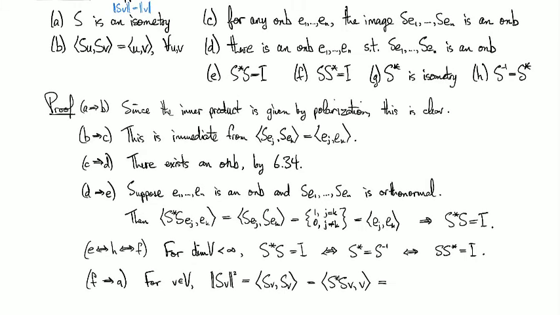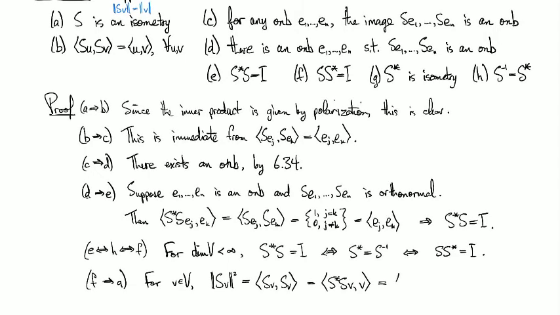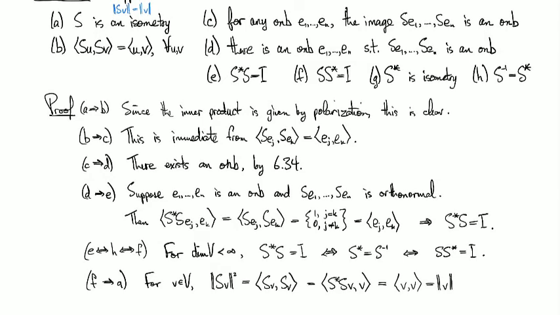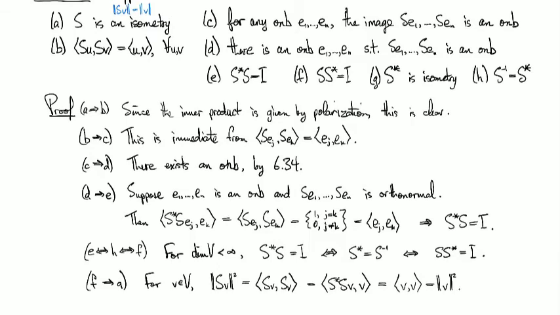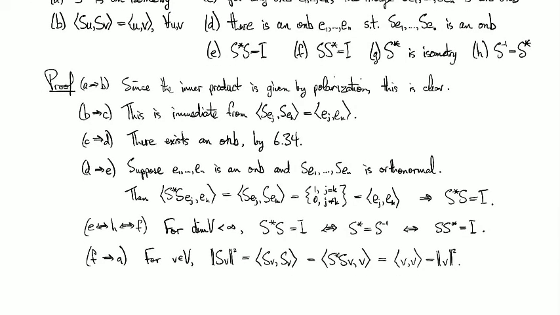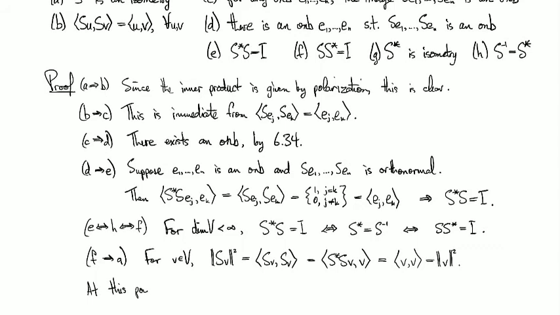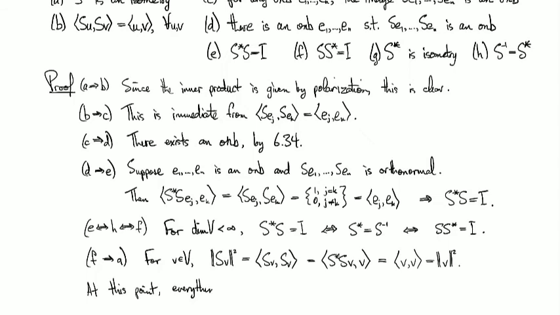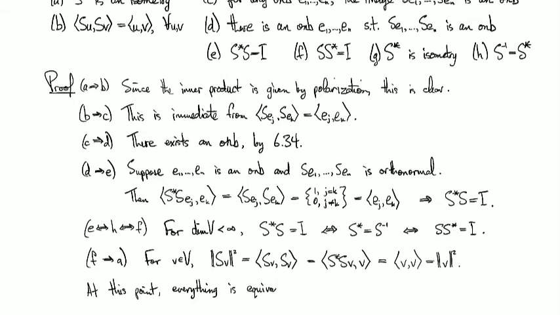Since we're assuming that S star S is the identity, this is just magnitude V squared. So at this point, everything is equivalent